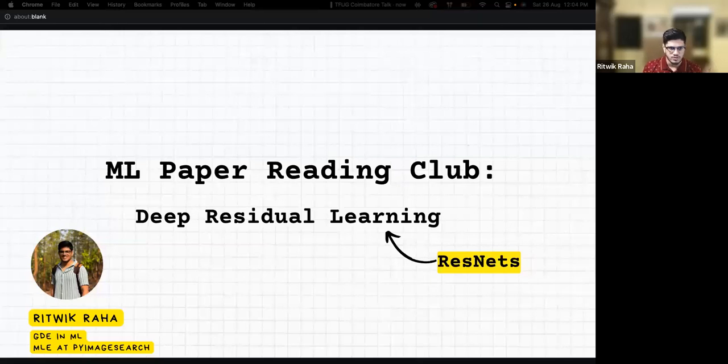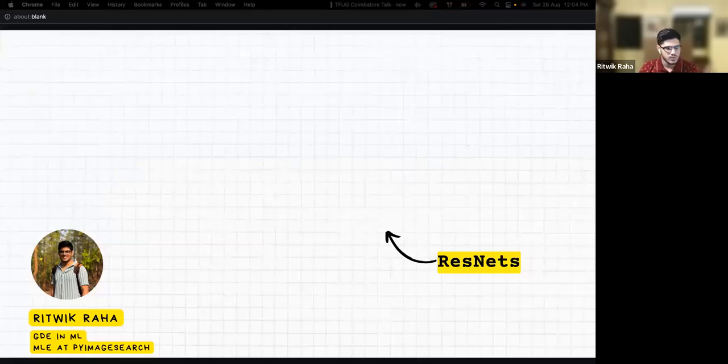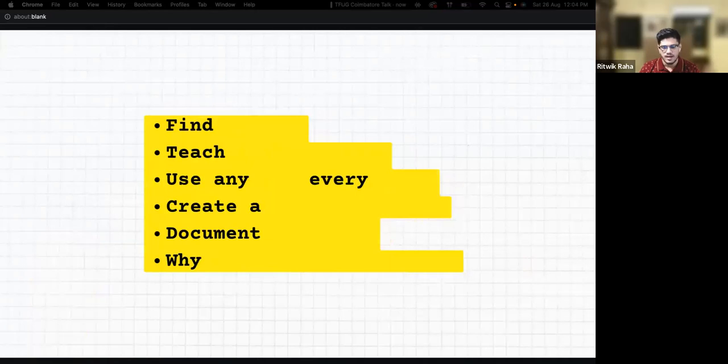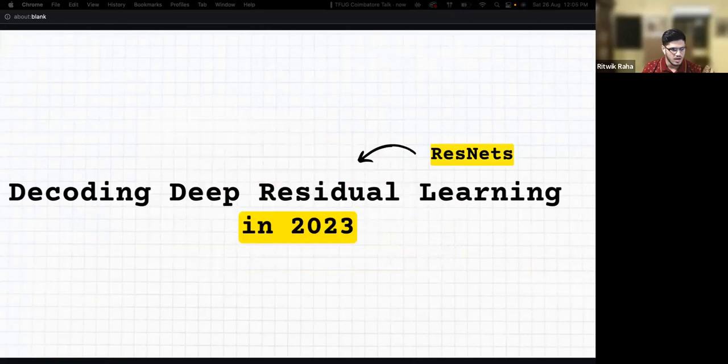for you to have the entire intuition behind ResNets. So with that, as mentioned, I have also been tasked with telling you briefly about how to read research papers and how to grab intuitions for them. I will touch upon that later and expand on this slide when I reach the end of this session, which is going to be primarily about ResNets and how effective they are in 2023, because